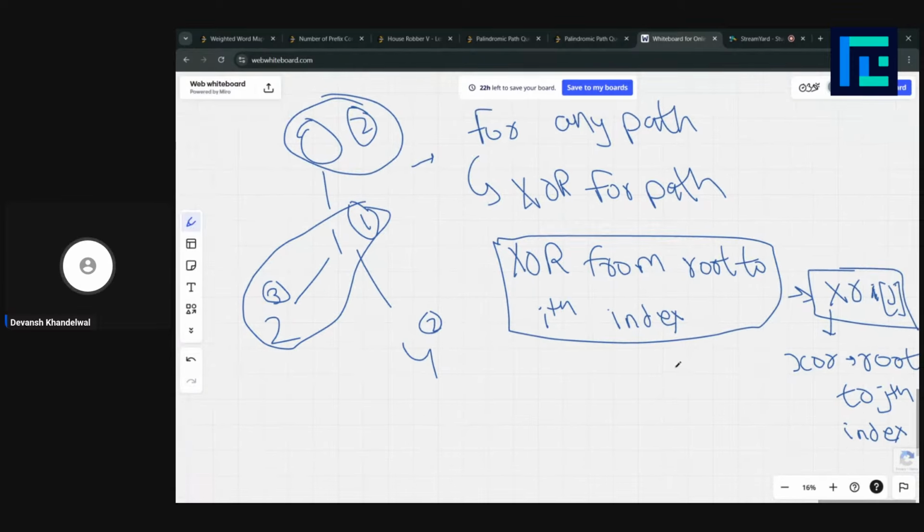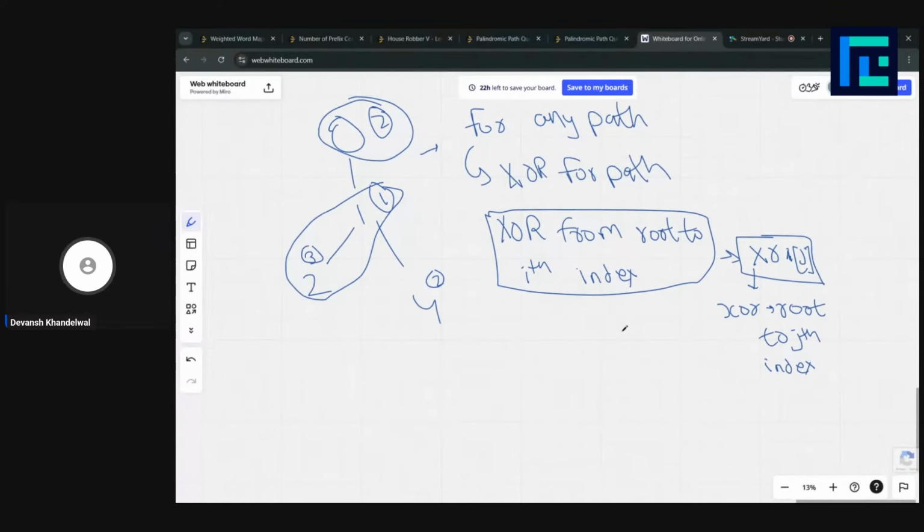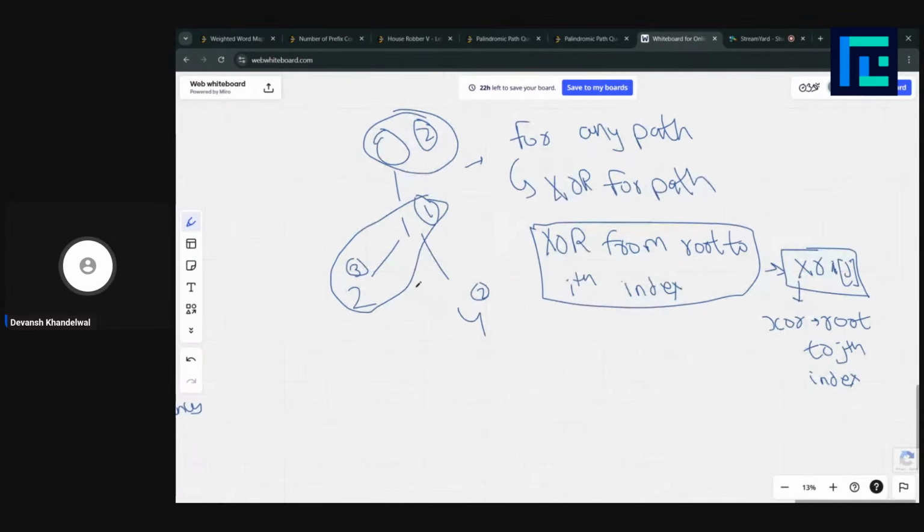So using this property, we could easily calculate. First, we would pre-calculate XOR for each path. And then for any path, let's say we need to calculate XOR for this part, and this is our root.